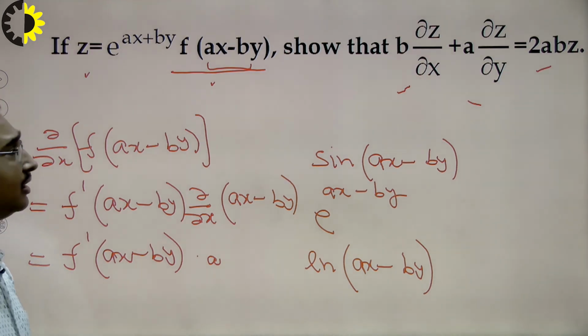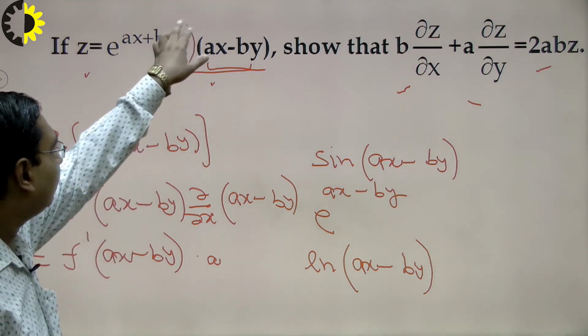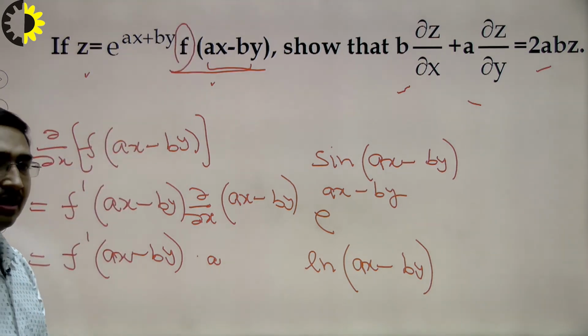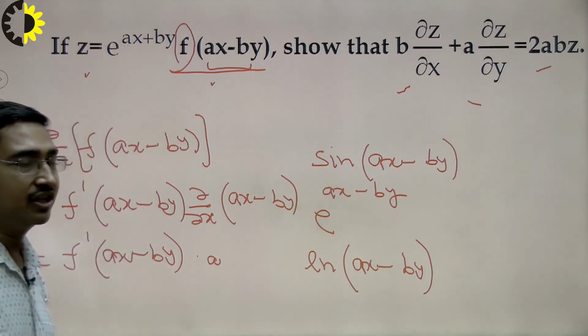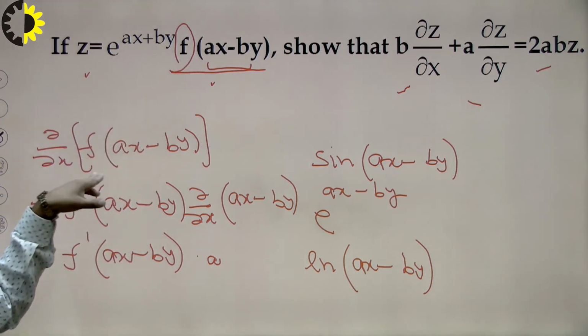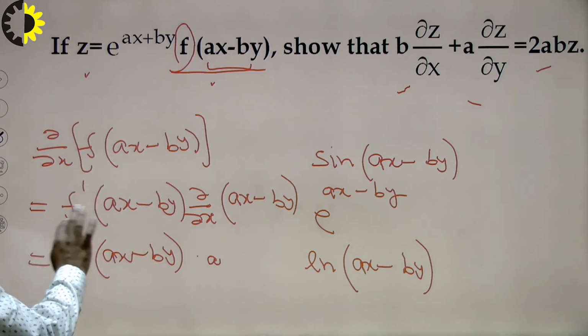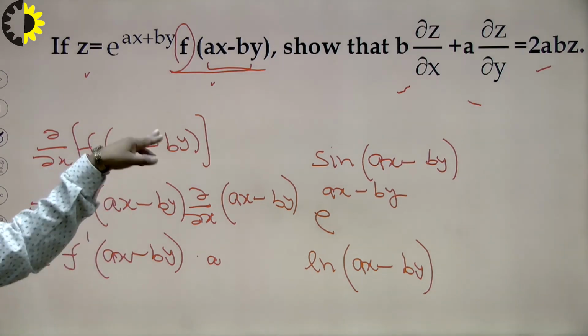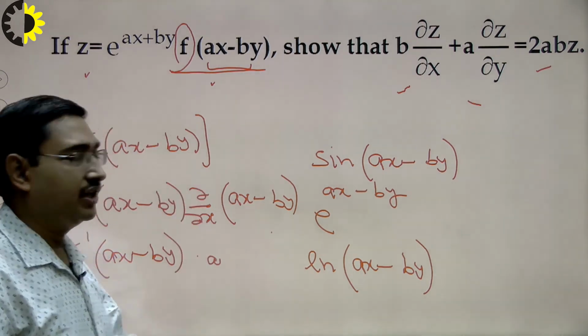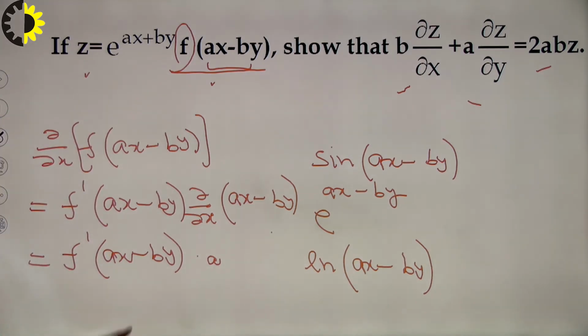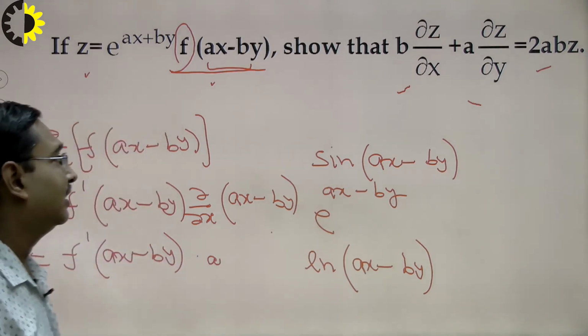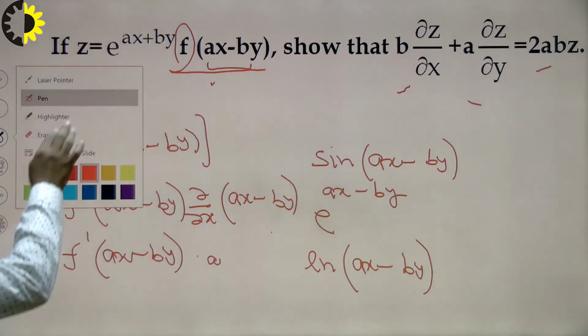What I have explained is that if we have an unknown function, then how to differentiate such a function? First, differentiate the function directly, write f dash only, and then the term occurring inside will be differentiated with respect to x or y, whatever is there. Now, after understanding this idea, we are ready to solve this problem.